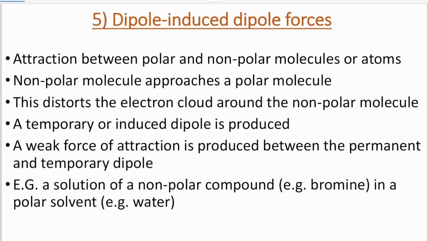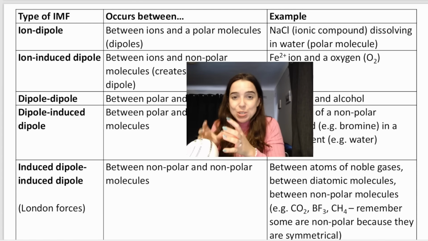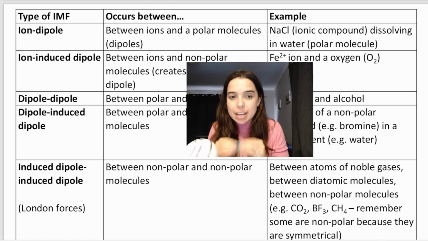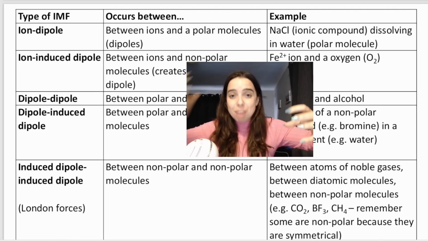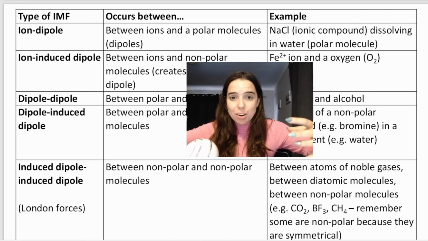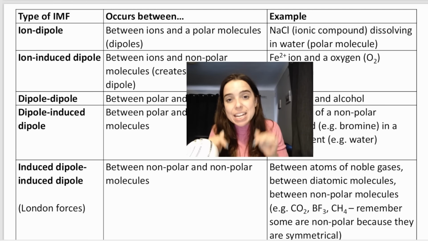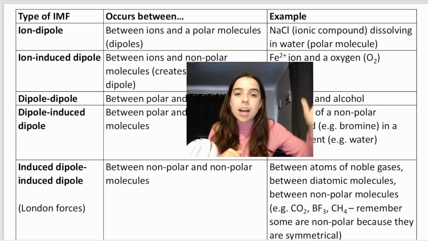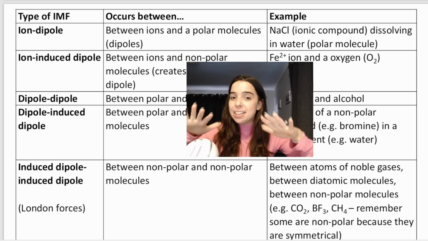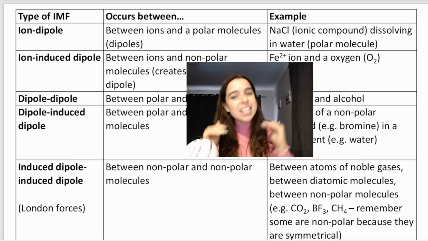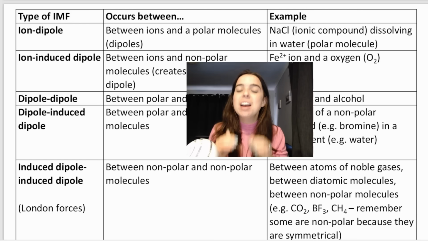And then our last one. Now, our last one is called induced dipole, induced dipole. And if you've been following what I've been saying, induced dipole means non-polar. So induced dipole means non-polar, non-polar. And we far more often than not refer to this as London forces. And if you remember what I said earlier, I said hydrogen bonding is the strongest type, dipole-dipole is weaker than hydrogen bonding, and then the weakest type of intermolecular forces that we have are called London forces, and they actually